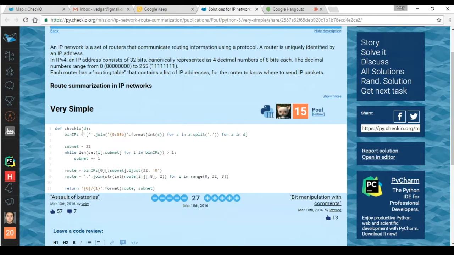You just need to construct all the binary IP addresses. What you do, you take address, you of course iterate through all the addresses in data, you split it on points. Then each part you convert to an integer, and then you convert it to binary, and then you format it with length of 8 and 0 padded, and then you join all of them together, of course. So you just get a string of 32 zeros and ones, and the subnet is starting at 32, and while